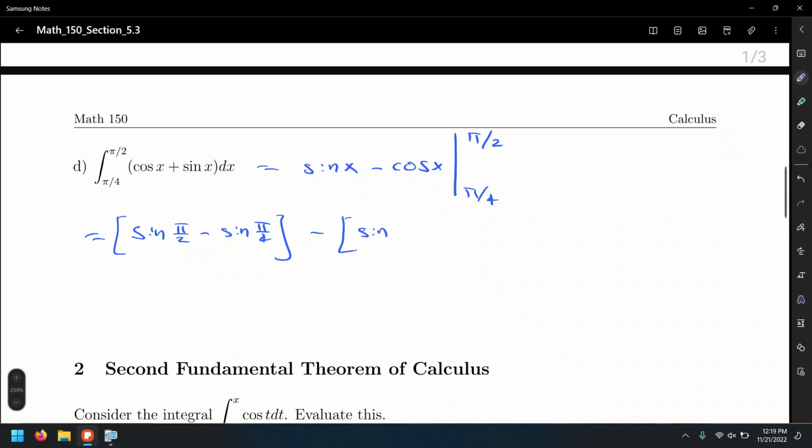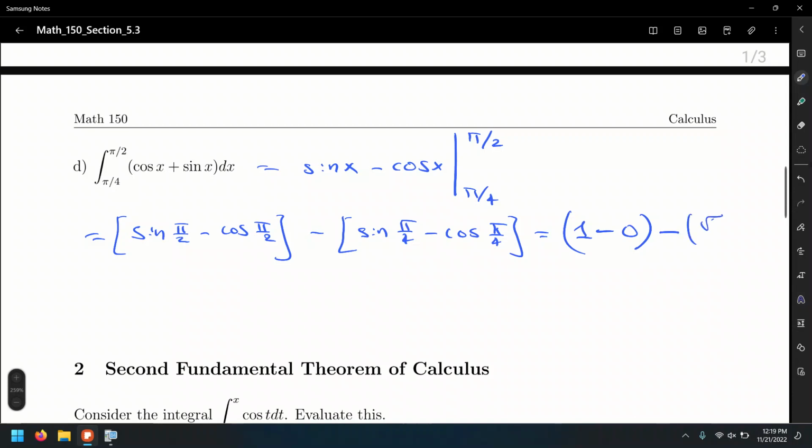That is sine. Oh, wait a minute. That's a cosine. Actually, that's cosine, and pi over 2 minus sine pi over 4 minus cosine pi over 4. All right. So sine pi over 2, isn't that a 1? I think it's 1. 1 minus cosine pi over 2, which is 0, minus sine of pi over 4,